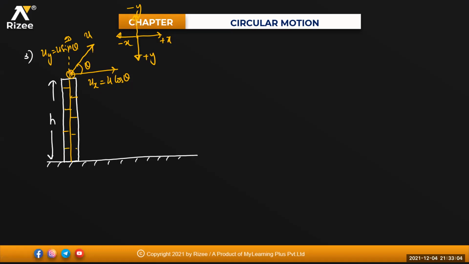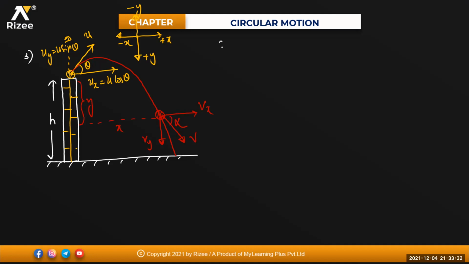So the path of this one will be followed like this and reaches the ground somewhere here. So when the ball is somewhere here right now, this is the horizontal component of the velocity x, and this is the vertical component of the velocity y. And velocity of this body here will be equal to v. Horizontal component of the velocity is vx. Vertical component of the velocity is vy, and is making an angle of alpha. Is the diagram clear for everyone?